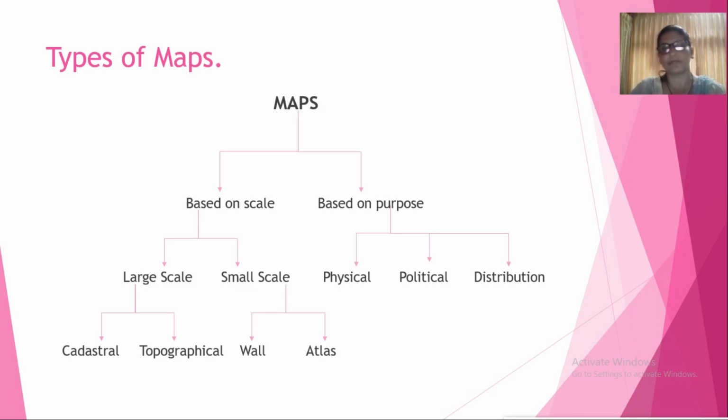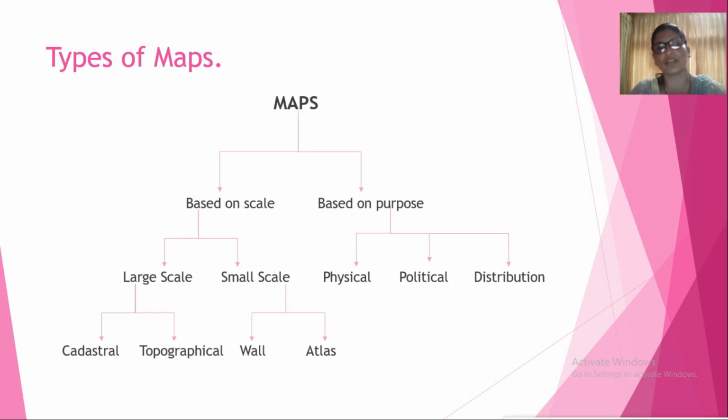Maps based on purpose, already I said they are divided into three types. Physical maps show mountains, plateaus, plains, rivers, etc. And political maps, in this we can learn about states, countries, continents and their location, areas, etc. Again we have the third one, the distribution map. These help us to know definite features such as land use, temperature, soil, rainfall, population, natural vegetation, crops, minerals,